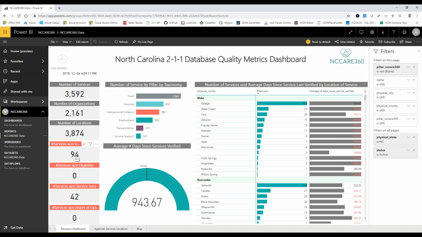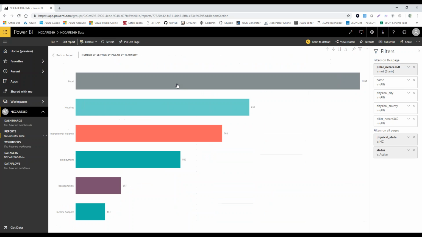Okay, so let's jump over to the pillars by taxonomy. I'm going to show you how the report itself works. Underneath this particular, let's see if I can blow this box up for you here. Okay, so what I've done is just blown up the visual here. And essentially what this is a count of the